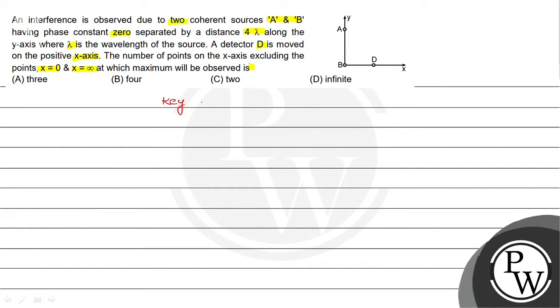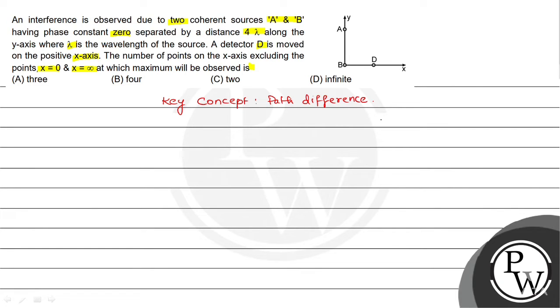So, इस क्वेश्चन में जो कॉन्सेप्ट यूज़ हुआ है वो है पाथ डिफरेंस का. By using the formula of path difference and its concept, we are going to solve this question. तो सबसे पहले हम इस क्वेश्चन को समझ लेते हैं. 2 पॉइंट सोर्सेज A, B हैं और डिटेक्टर D is moved on the positive x-axis. So A B के बीच की distance है 4 lambda and we have to find the maximum that will be